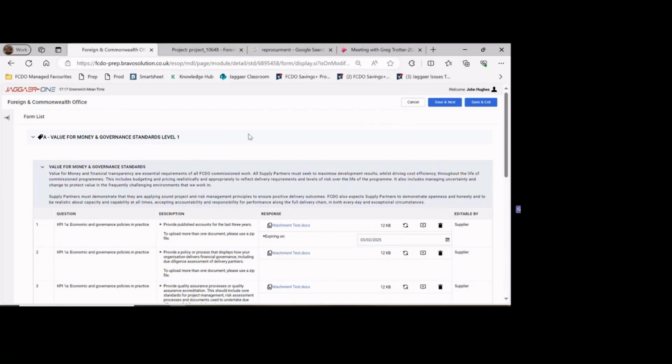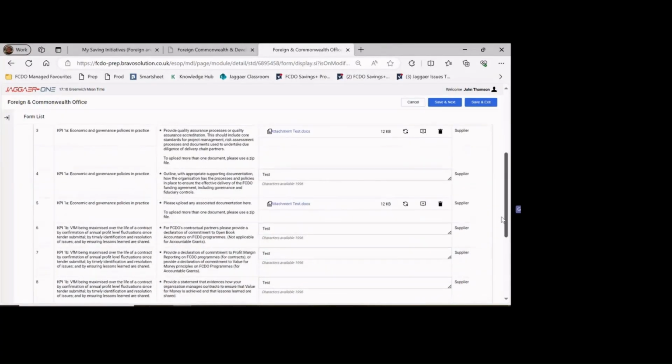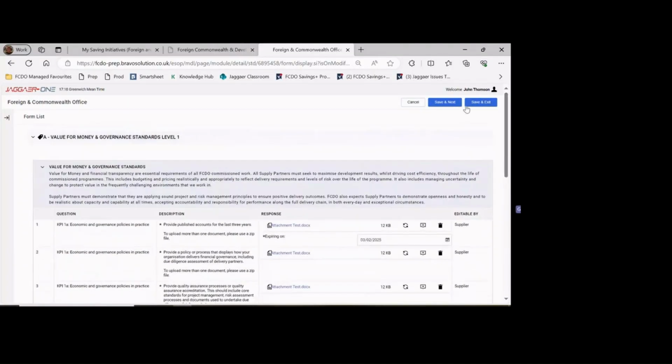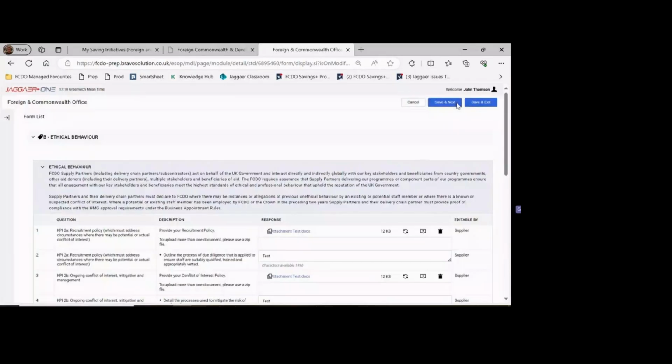And if you have a compulsory question that you need to answer and you don't have the process in place, please attach a file to prove that you're working towards this and the dates that you plan to achieve this. So you would work your way through all of these, scrolling down, making sure that all mandatory fields have been done, and then you would click Save and Next as you progress through all of the pages,